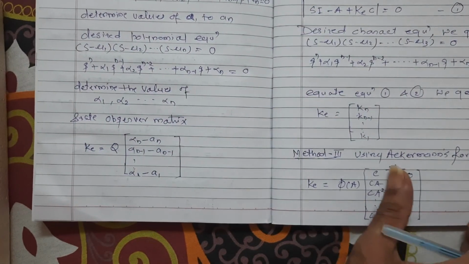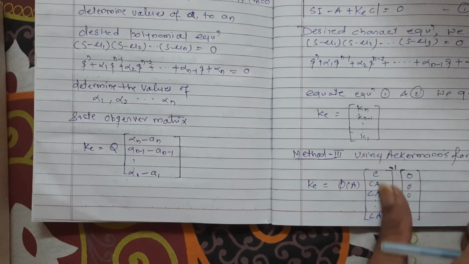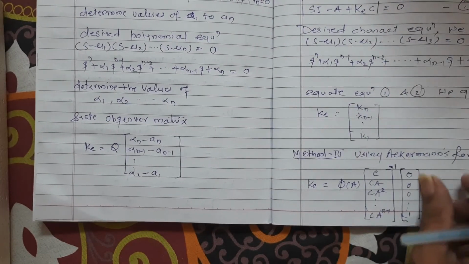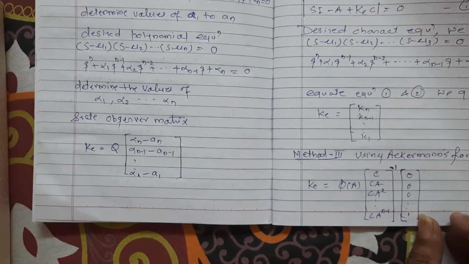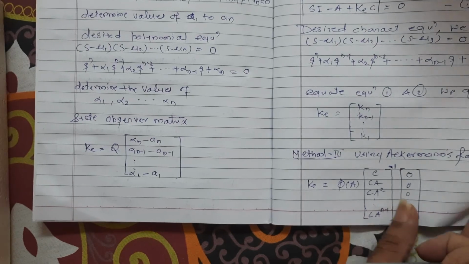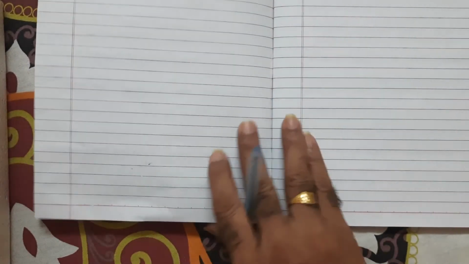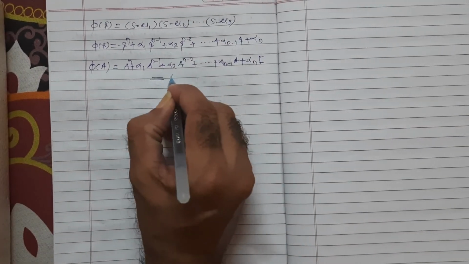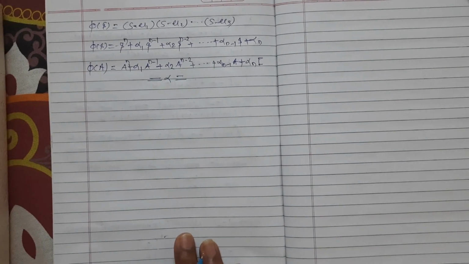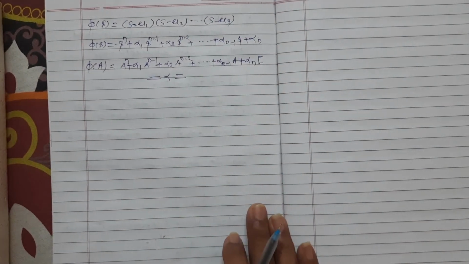In the equation here, C is my output matrix and A is my system parameter matrix, which we can calculate. We will take the inverse of this, and then we will multiply this by 0 0 0 0 1, and this way we will get the matrix K. So these are the three methods, and these are the steps by which we can find out the full state observer.